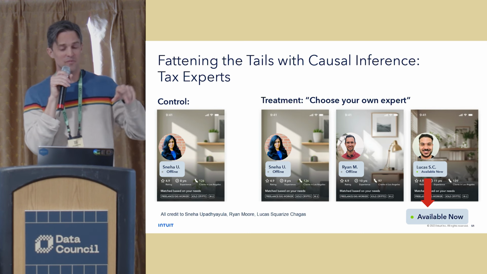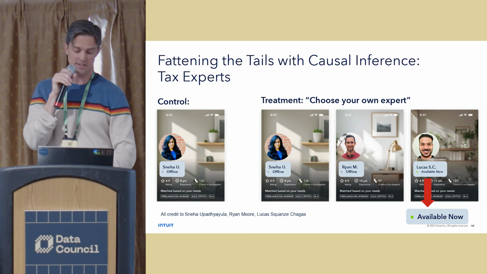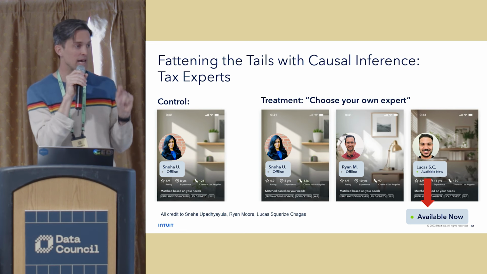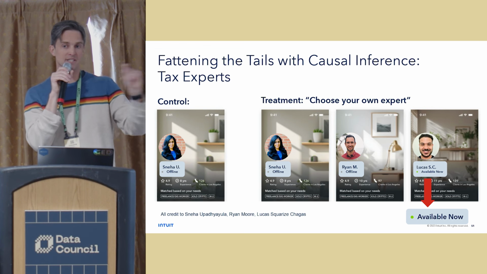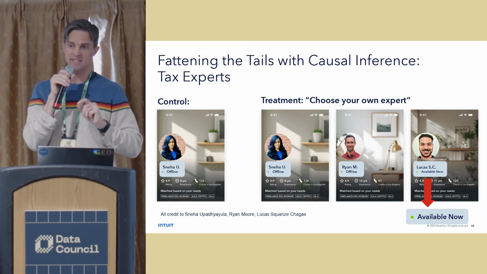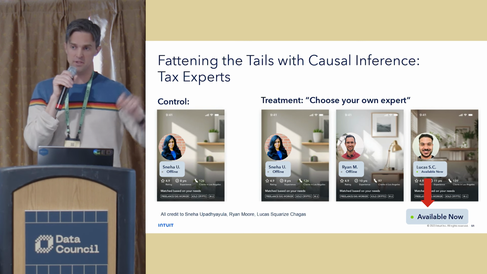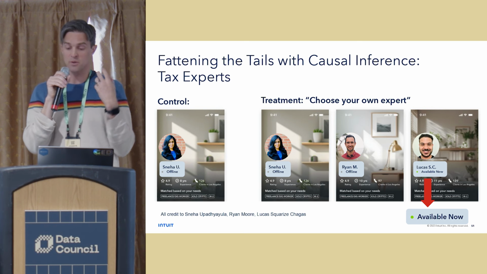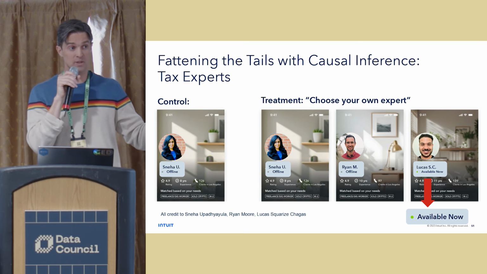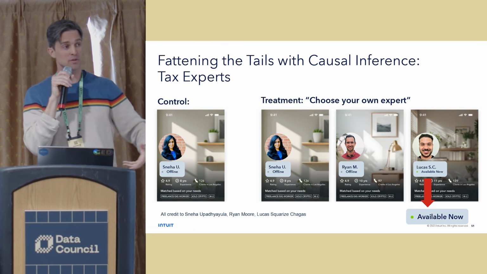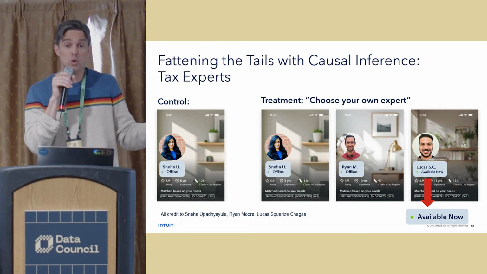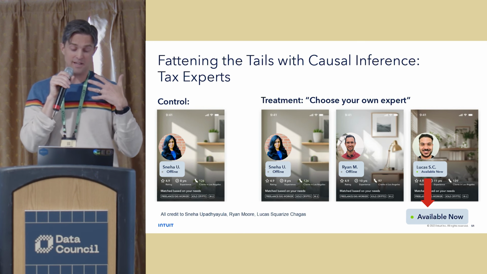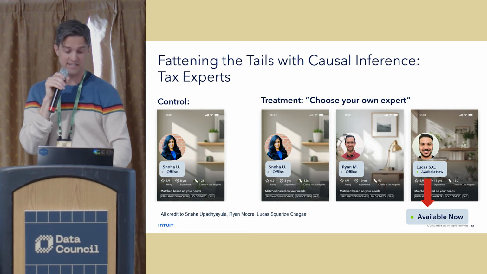But what the team found was they started digging into the data in the off season to build a causal inference model. And they found that this availability feature did matter a lot. If any of your matched experts were immediately available to start your tax filing, this greatly increased the probability that you would finish your tax filing with an expert. They had looked at all of these other matching categories, but this was the one that stood out initially just as a strong correlation. But they controlled for all the potential confounders, and they said, look, this is holding up. This is a very promising lever we can pull. And that became an actual A/B test that we ran in the past test season.